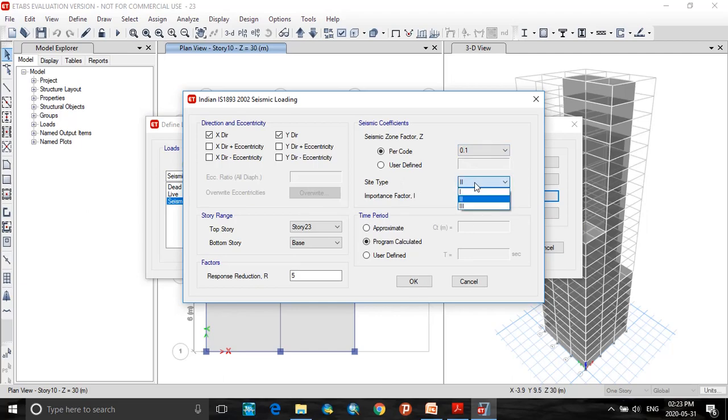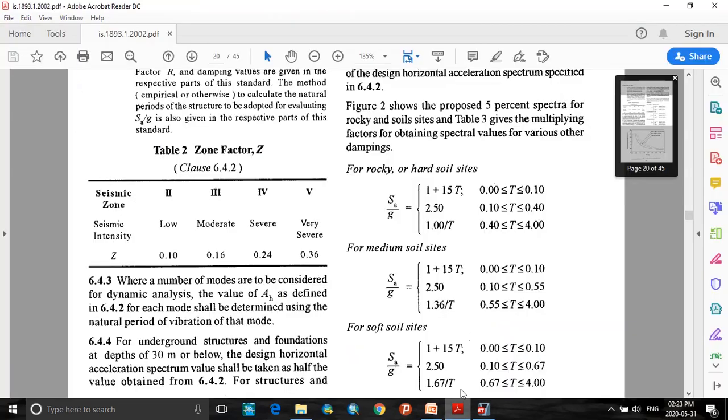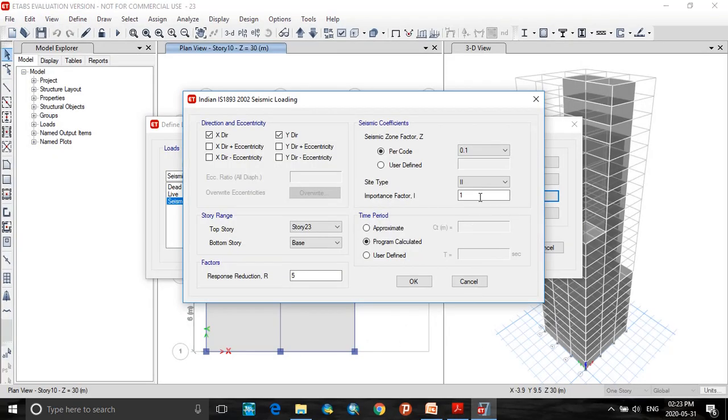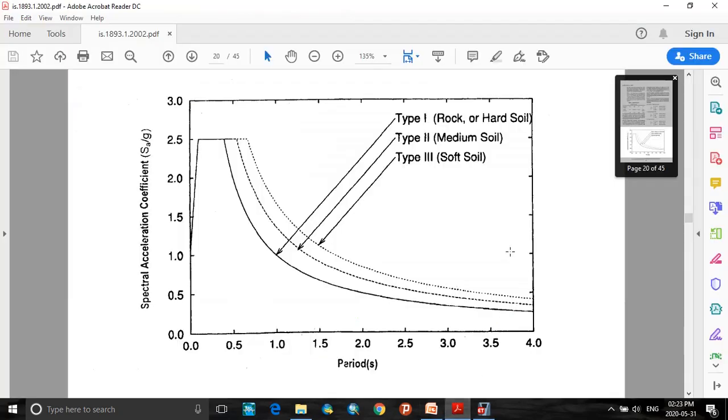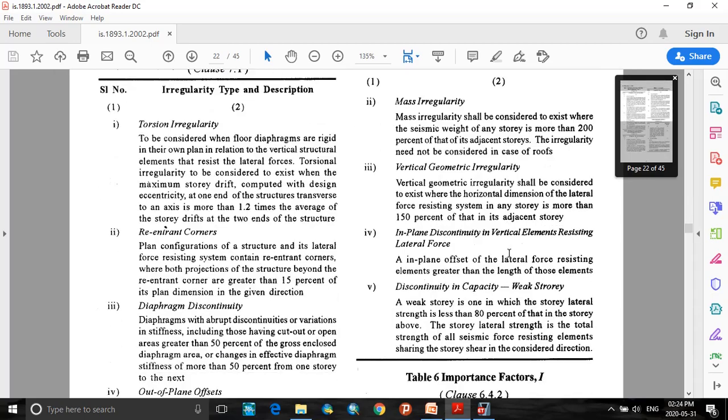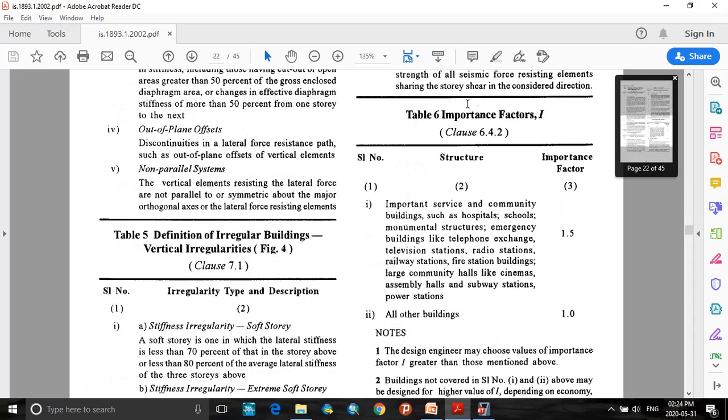For soil type, I will select medium soil. Referring to the code graph, medium soil is type 2 soil, so add 2. Importance factor I: from table number 6, I equals 1.5 for public buildings like hospitals and schools.